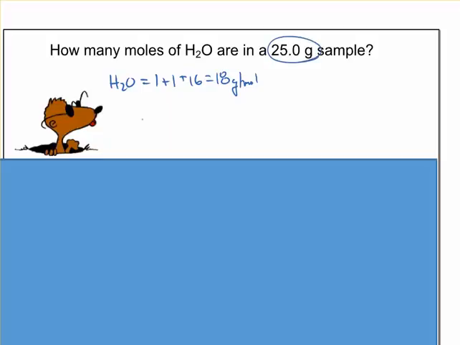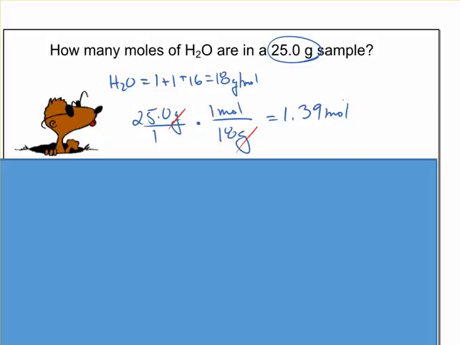Now I want to set up my problem, starting with what I'm given. Using a conversion factor of the molar mass, this time I'm just going to flip it upside down. Say that 1 mole over 18 grams is my conversion factor. I'm going to get the answer of 1.39 moles. That is to say, if I had 25 grams of water, there would be 1.39 moles of water molecules